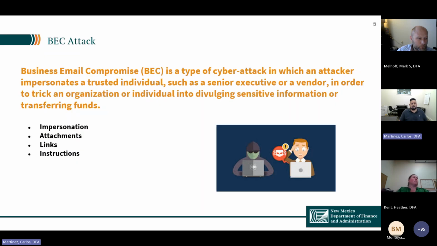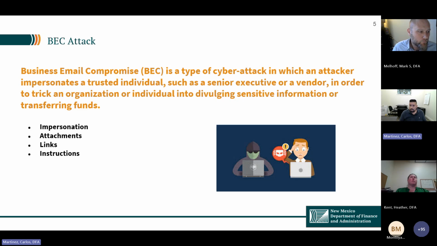So one that I talked about earlier was the business email compromise, or BEC attack. This is something that we're starting to see here at the state, and you have actually seen this in numerous emails that have come out in the last few weeks. These are people impersonating trusted individuals or some of our trusted partners external to the state, in order to trick the organization into divulging sensitive information, transferring funds, or gaining access to different things.